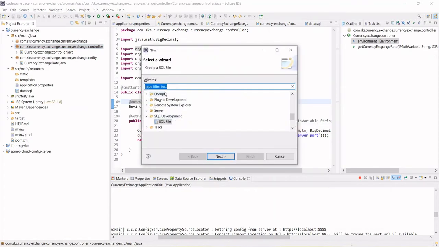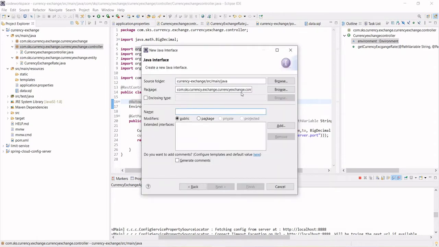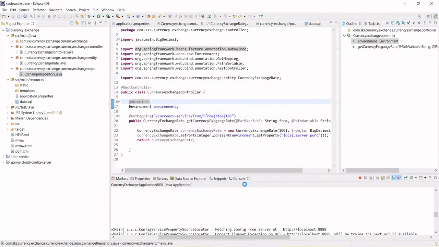Control N, select interface. Instead of controller I want repository, and here I want to give the repository package. Let's give the full name, exchange repository, and finish this.